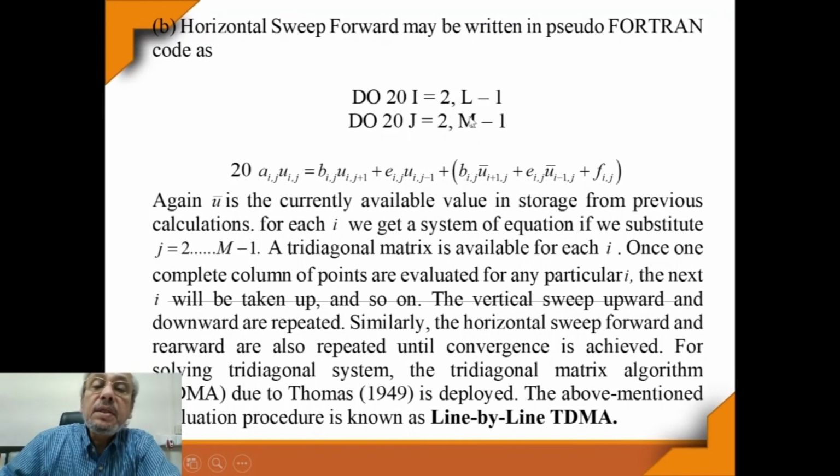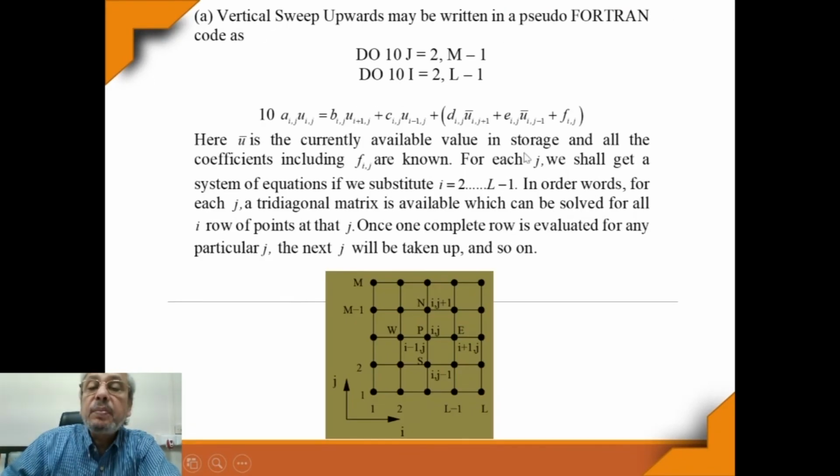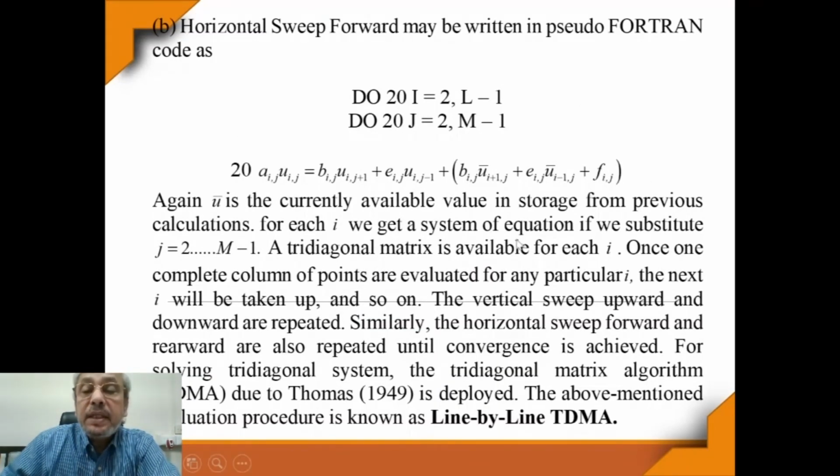Here you can see we have set the do loop, do 20 i equal to 2 to L minus 1, do 20 j equal to 2 to m minus 1, and now j plus 1. See, earlier we bracketed these j plus 1, j minus 1 terms, and they were all given bar. These barred quantities are values in store. So through the algebraic equation, we are updating these quantities i plus 1, i minus 1 at a given j.